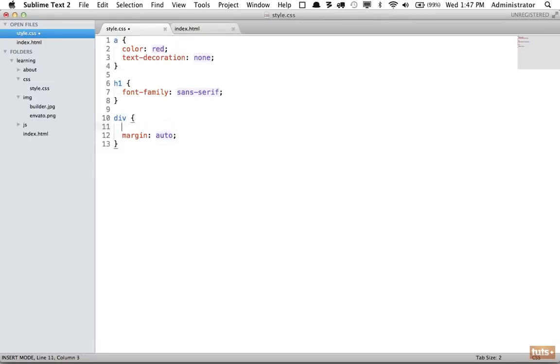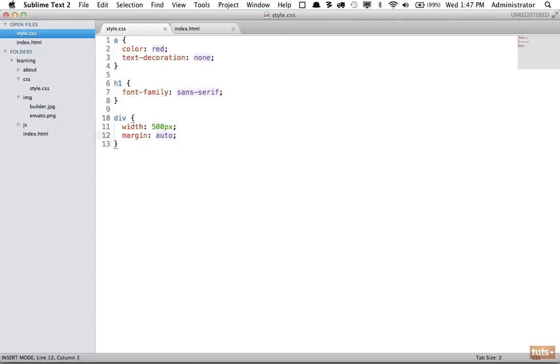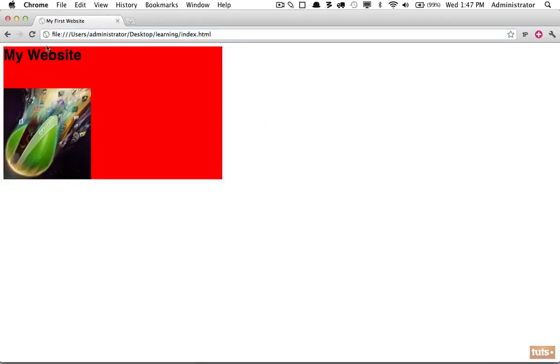Next, I'm going to specify a width for our div. So I'm going to say a width of 500 pixels. Now, let's see what that does. If I load the page, notice it moved it to the middle. So this might be a little more understandable if we first add a background color of red. Now, you can see that we've created a bucket or a container that's 500 pixels wide. The height, because it has not been explicitly stated here, will be determined by the height of all of the